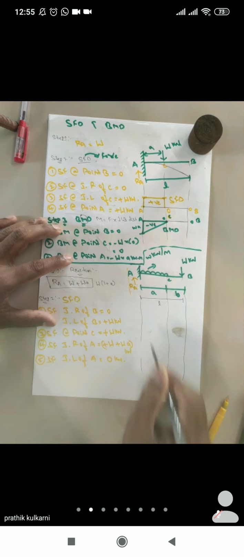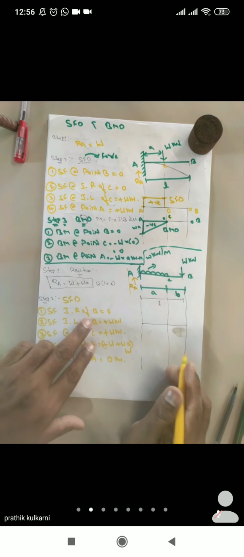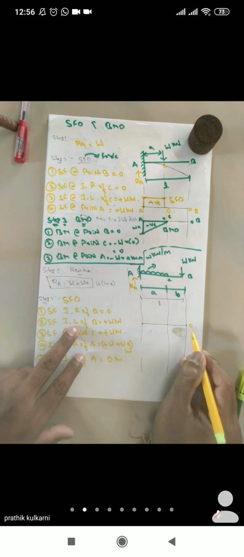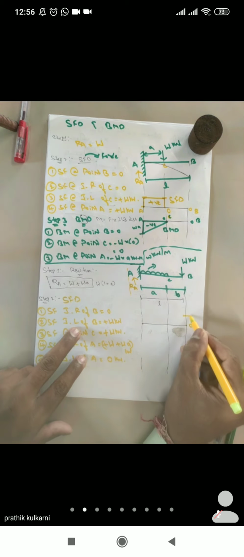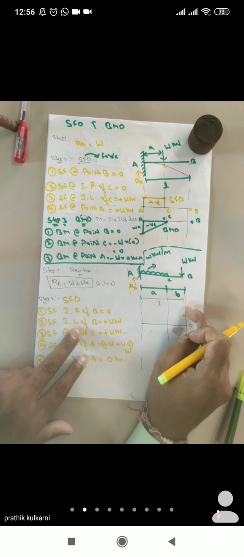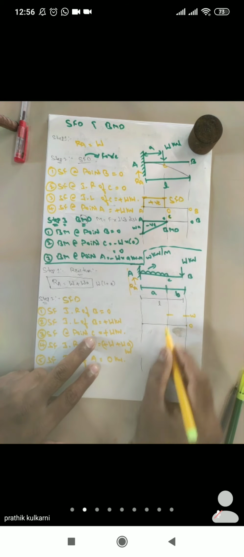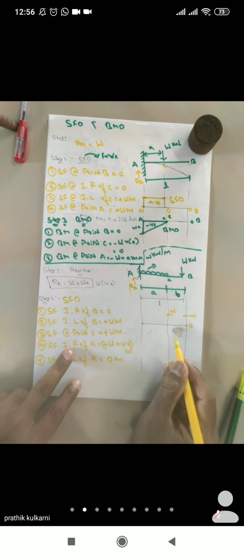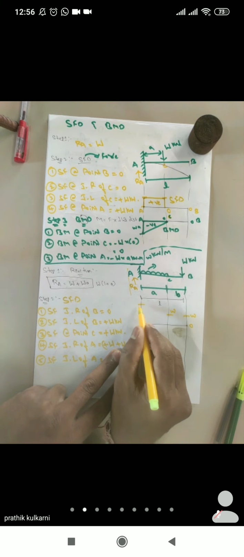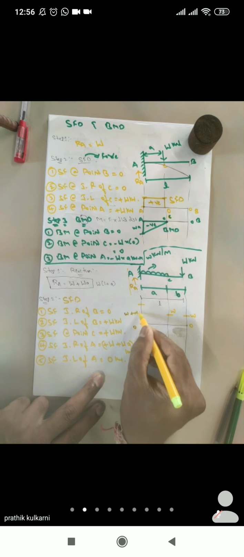Now at point B the answer was 0. Just to the left of point B, again it is plus W. If it is plus, it has to go above the axis; if it is minus, it will come down. Again at point C, it is the same value W. But just right of A, it is W plus WA, somewhat bigger than this one. Then at A it is 0. Then this value is W plus WA.